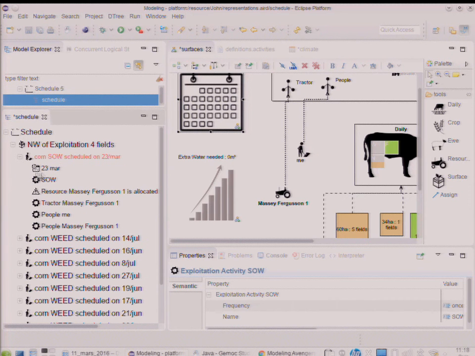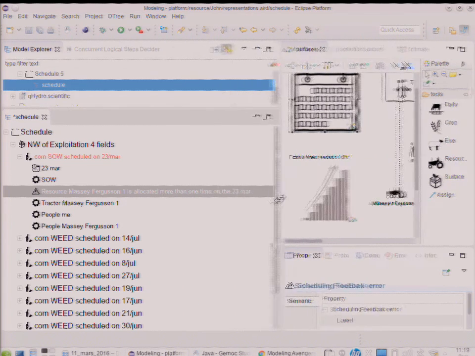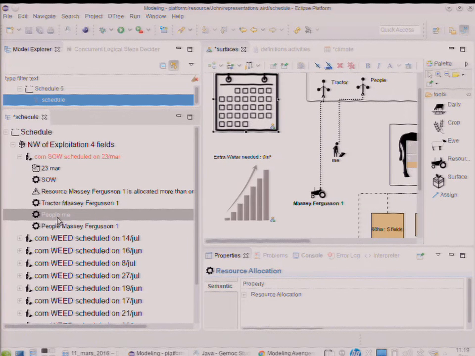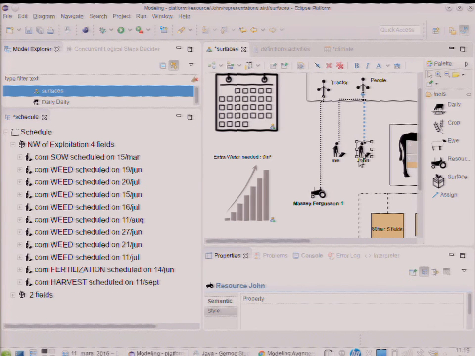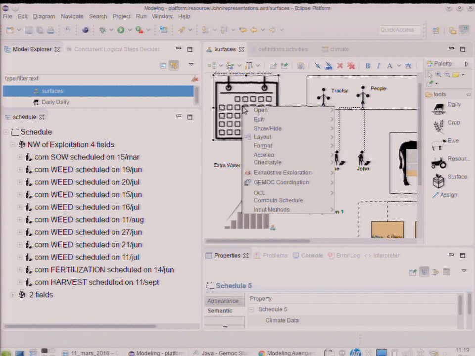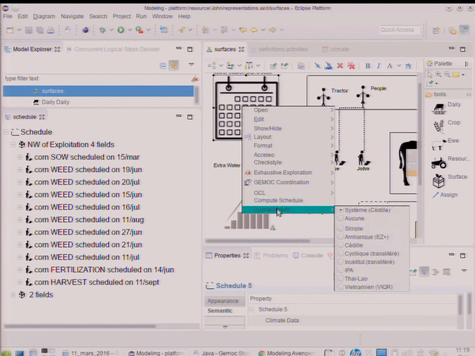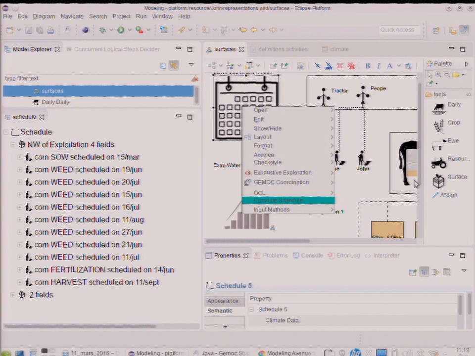And so now in the schedule you can see that, well, it's scheduled, but there's a problem, and the problem is we allocated the tractor instead of the people. So that's definitely not a good solution here. Let's get back. So I get back to a schedule which will work.